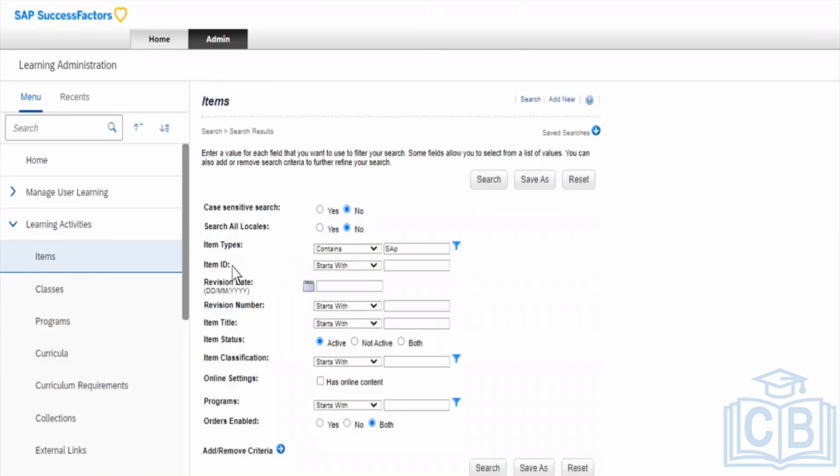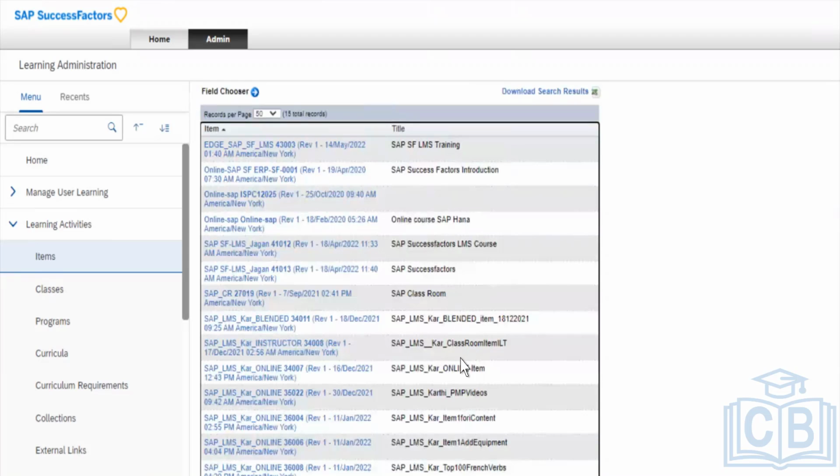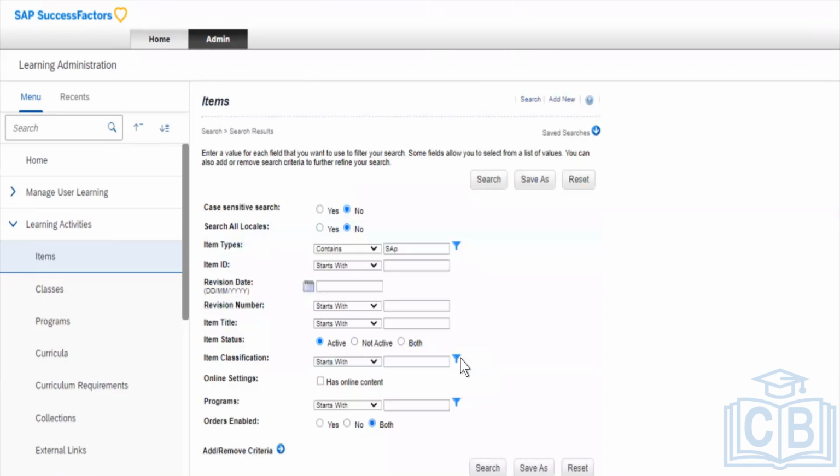We have other things, like I can search with item ID if I know. I can search with revision date. I can search with title. On this item, these are the titles. If I remember, I can click on this randomly. Let's say I don't know what exactly that means. I want to pick up from any one of them. So what I'll do,